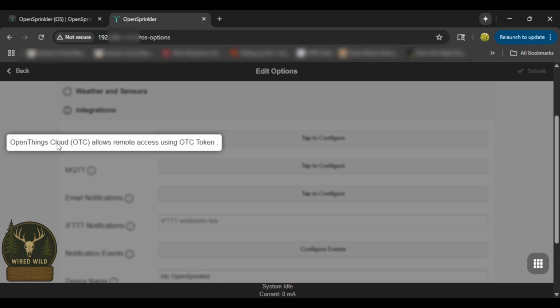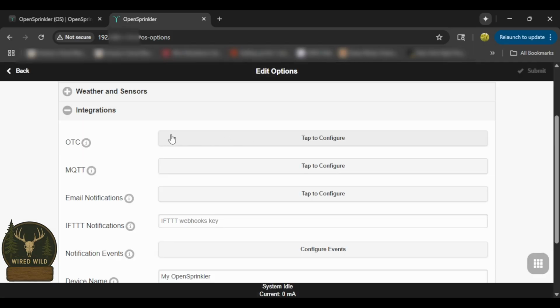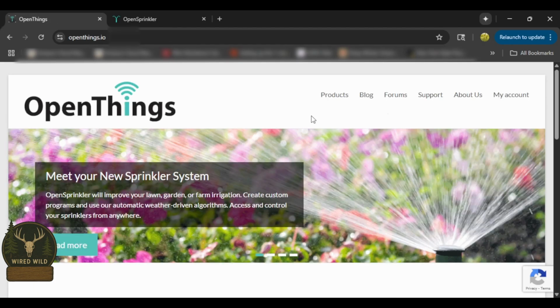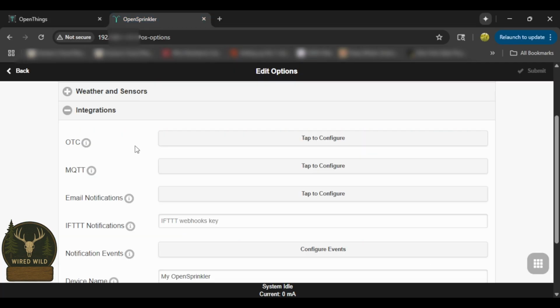OTC is their Open Things Cloud protocol. That's how you put this thing online and set up remote access. I'm not going to dive into that here, but essentially you go in here to OTC and you get a token, and then you take it over to their Open Things portion of the OpenSprinkler website, which is right here. You have to set up an Open Things account separately, and then link your OpenSprinkler system to their